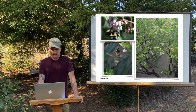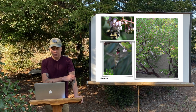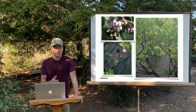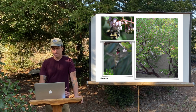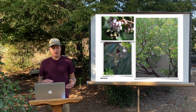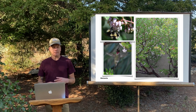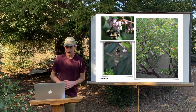With Manzanitas, there are large open spaces for the larger shrub varieties, especially the big berry Manzanitas that you see up in the mountains and in the foothills, and you can actually see those growing all the way out into Joshua Tree. And then we have certain coastal varieties that fall into ground cover categories, smaller shrubs. So it's a really diverse plant, and I've had good luck with them in coastal areas, from pottery